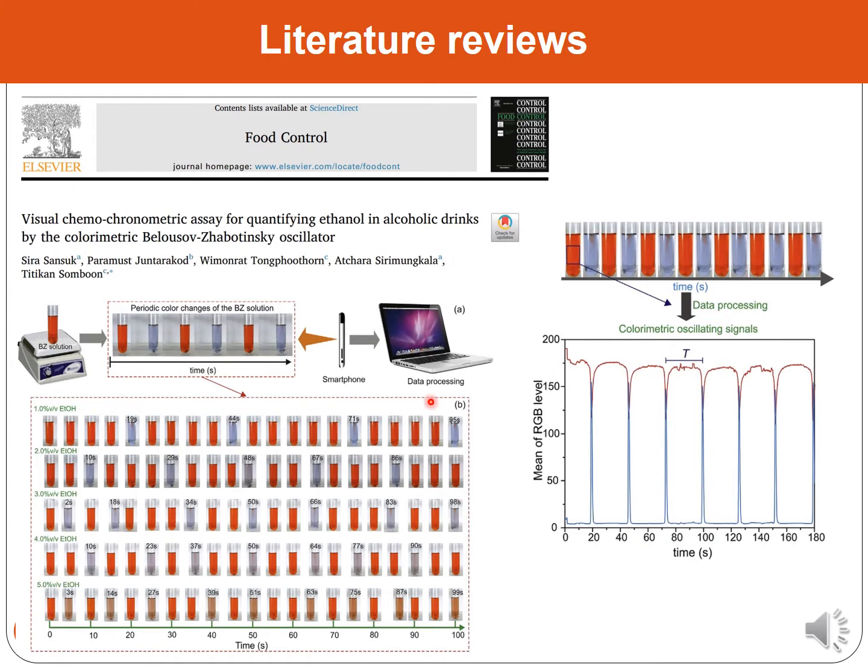And also based on oscillation, the colorimetric oscillating signals, COS, obtained by data processing can be successfully used for determining ethanol in alcoholic drinks. Although the two phenomena in the BZ reaction can be successfully used, in this work we would like to present the investigation of the advantages, disadvantages, and limitations of both methods compared to gas chromatography, which is a high-class technique.